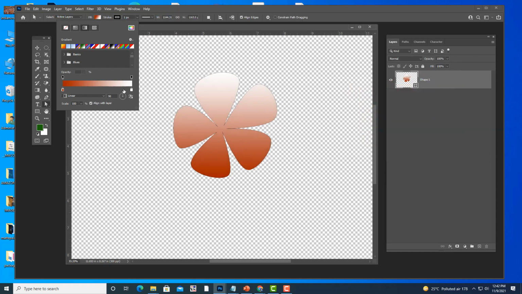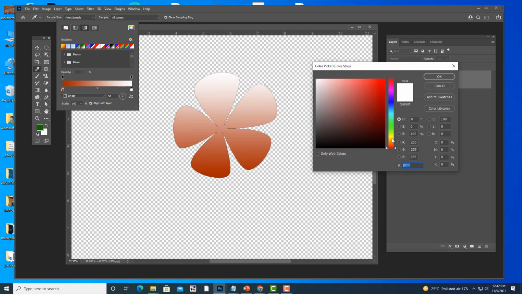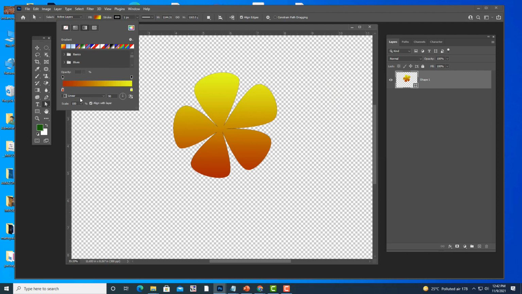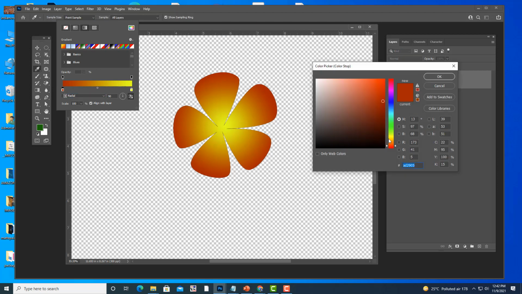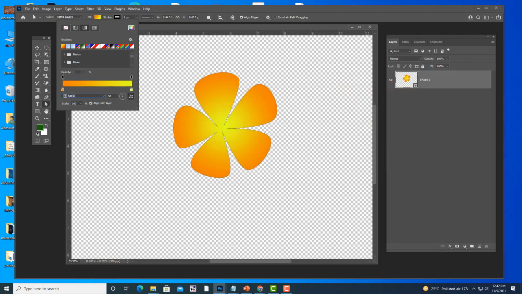And then yellow, pure yellow. And then we will make it radial, and the center should be a light color. Something like this. Okay, so this is the color, and in case you want a little bit more orange color, you can put orange. Let us see if we select orange. Okay, this is looking nice, right?